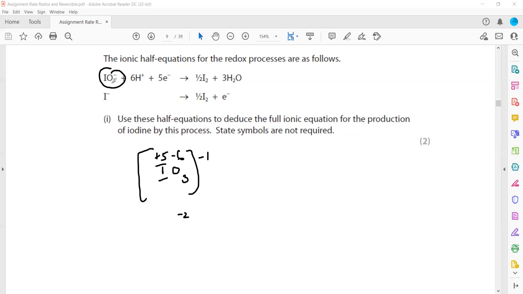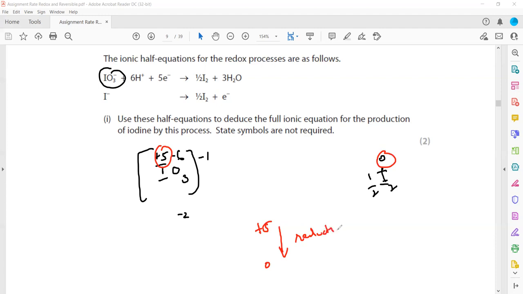So on the reactant side of the first equation, iodine has an oxidation number of +5. But on the right hand side, because there is an iodine molecule, like half an iodine molecule, in a molecular state the oxidation number is 0. So what is happening? For iodine, it is +5 and this +5 changes to 0. So the oxidation number decreases,